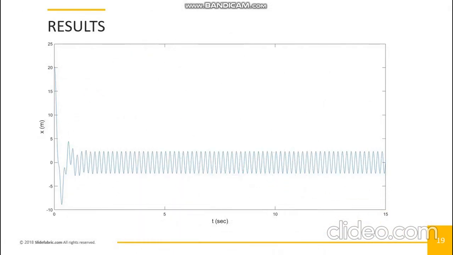Now lastly, I am going to discuss the result. As you can see here, the first part of the graph is deviating. It is due to the transient behavior, but the rest of the part is steady. The response of the graph is highly dependent on the values of